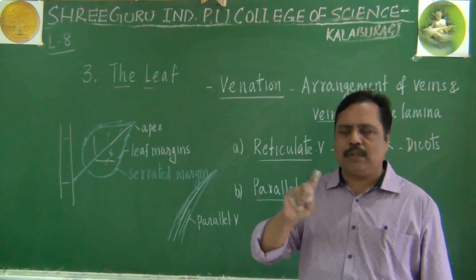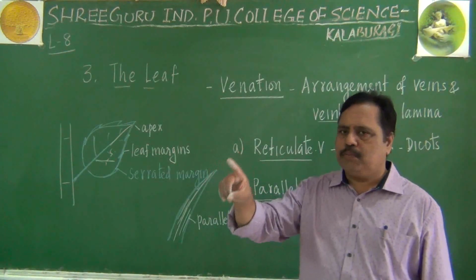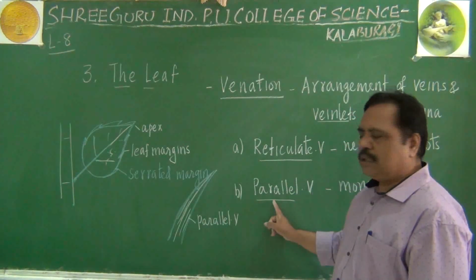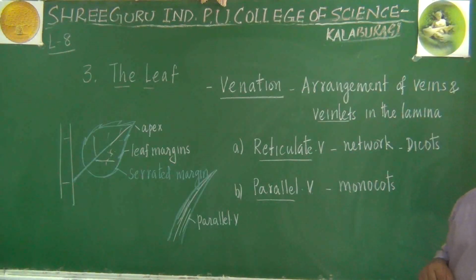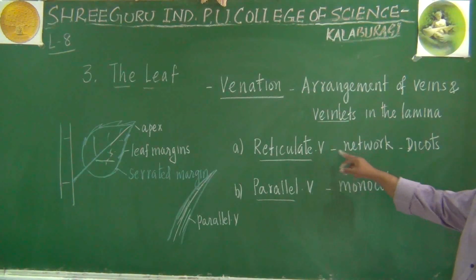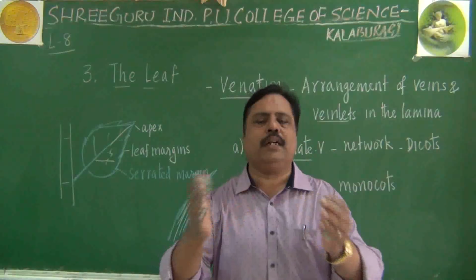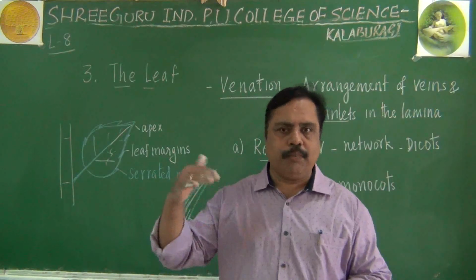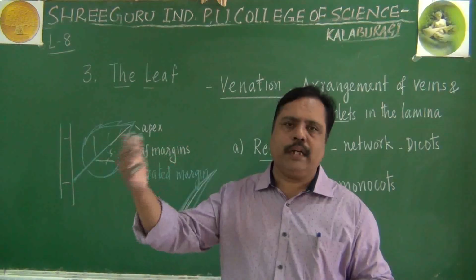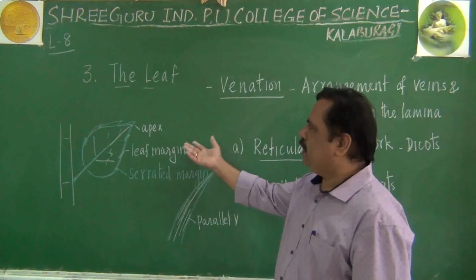Two things you have to observe. One is the root, another one is the venation. If the root is a fibrous root system and the venation is parallel venation, you can say it belongs to monocot. If the root is a taproot system and the venation is network-like, reticulate venation, you can say it is dicot. Do you understand this point? So dicot and monocot can be easily distinguished by seeing the morphology. There are many other differences also. Even in anatomy, you will come across differences between monocot and dicot, which we will see in later classes.